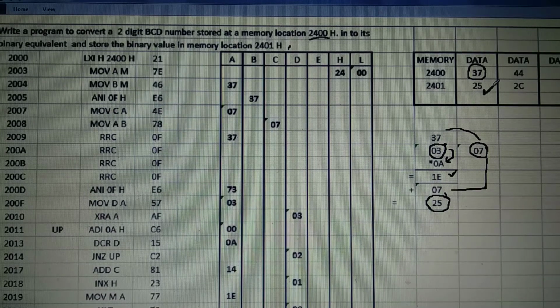Now once you know the logic, the program is very easy. LXI H, 2400H. HL has the value 2400.